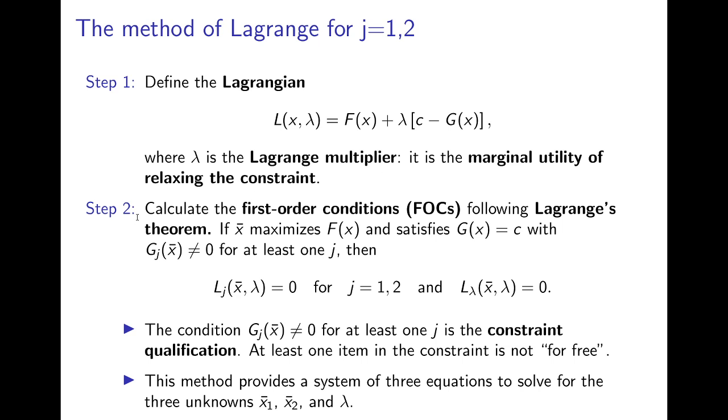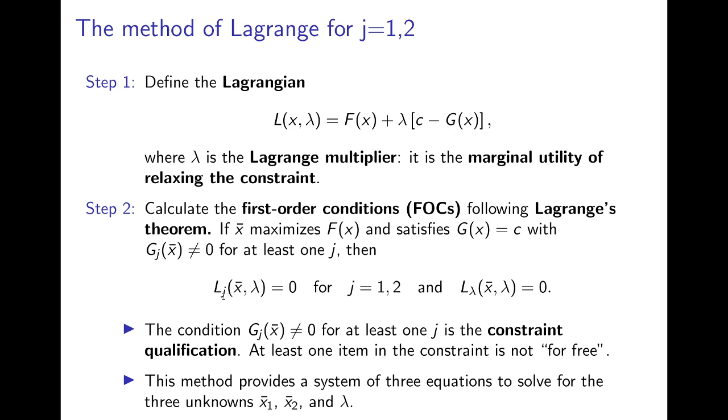And then in the second step, what one has to do according to the theorem of Lagrange to derive the optimum is to calculate the so-called first order conditions, or necessary first order conditions, for a maximum or a minimum of the objective function. And this is that if a certain choice variable x bar maximizes the objective function and at the same time it satisfies the constraint, where the constraint should be binding at least for one element, that's the so-called constraint qualification, then it has to hold that the derivative of the Lagrange function with respect to the